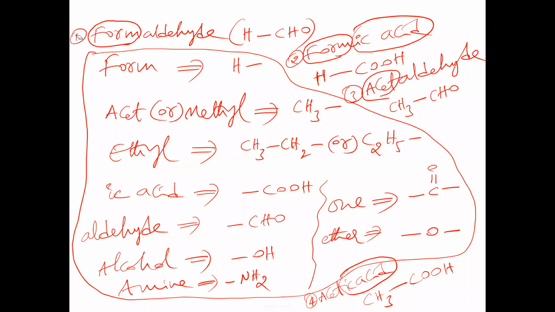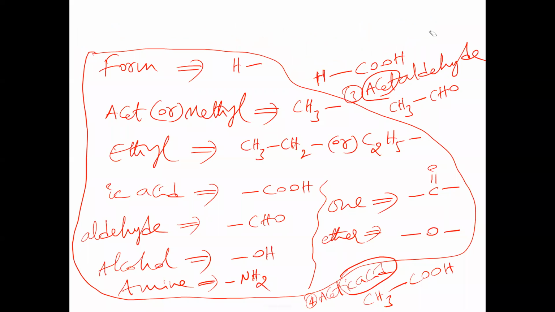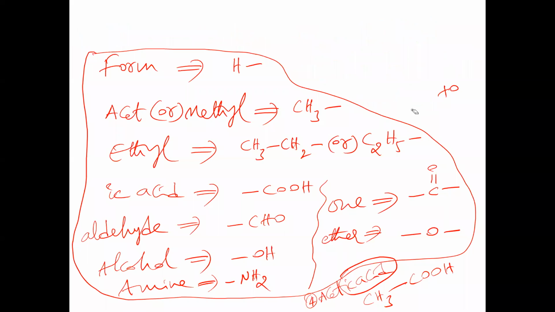Next, I'm taking acetone. Acet means what we have taken? CH3. And ONE means what I told you. Suppose I'm taking example 5, acetone. Here ONE you take first. ONE means bond, C double bond O bond. It is a ketone. ONE means bond CO bond. Acet means which group? CH3, na? CH3 attached to this free bond and to this free bond.